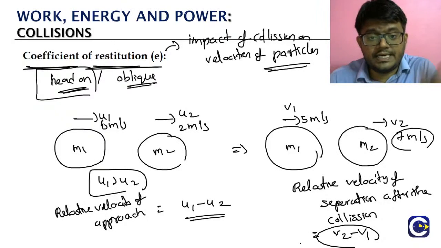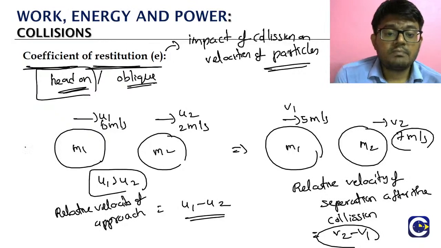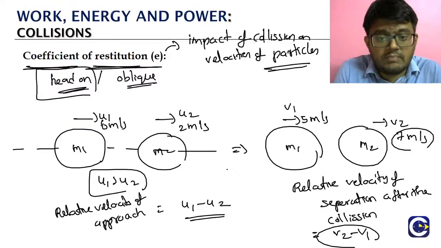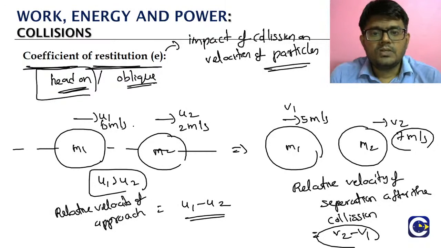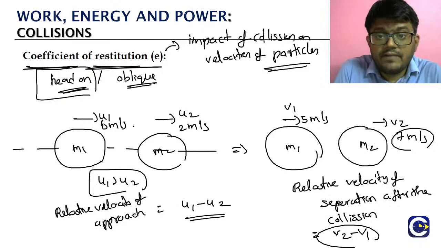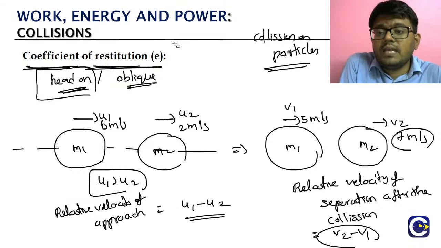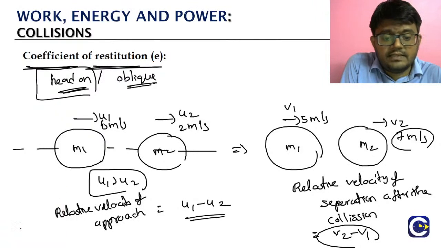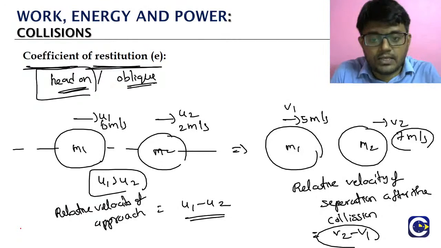The coefficient of restitution in case of the head-on type of collision. So why we are emphasizing on the head-on is because in head-on, the center to center line or that normal line will be the line along which the velocities are also present. So the impact of that impulsive force will be directly along the line of these velocities. So here we will be able to see clearly what will be the impact of these collision forces on the velocities of the particles. That is the reason why we said the analysis using the coefficient of restitution will be more meaningful in case of the head-on collision.